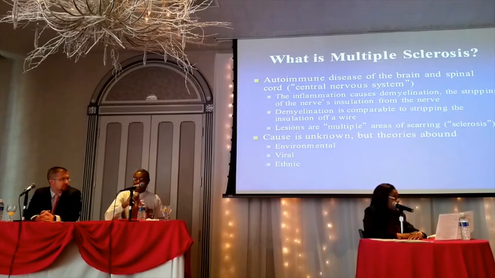But here's the interesting thing: if you're Japanese, born in Japan, and emigrate to the United States before age 15, then you become as likely to develop multiple sclerosis as if you were born in the United States. But if you're born in Japan and you emigrate to the United States after about age 15, then you keep the same low risk as in Japan.